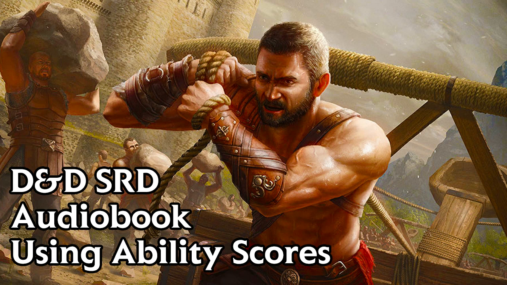Survival. The Games Master might ask you to make a wisdom survival check to follow tracks, hunt wild game, guide your group through frozen wastelands, identify signs that owlbears live nearby, predict the weather, or avoid quicksand and other natural